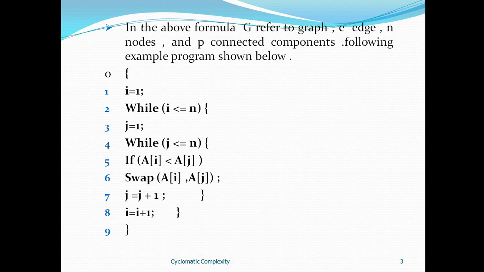In the program, the opening brace starts from line 0, and again an opening brace is included in the second line, and the next opening brace in the fourth line, and it will be closed on the 7th, 8th, and 9th lines, right?